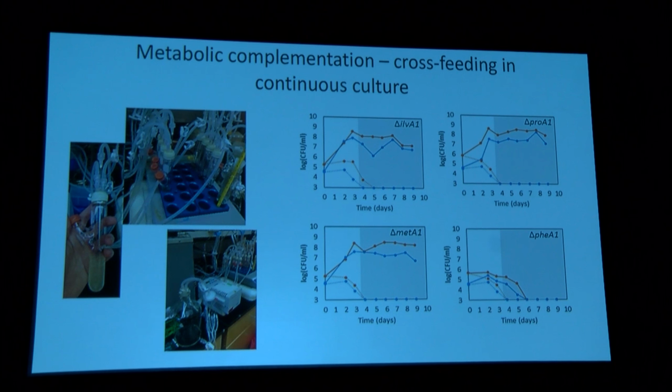And interestingly enough, we see that three of the four that worked really nicely in our batch also work well in the cross-feeding. So our monocultures are here, and they wash out really quickly. But in co-culture, the E. coli and the Bacillus, once again represented by blue and orange, which I should indicate better on this slide, grow really nicely. Our one exception here is this phenylalanine, which grew really nicely in batch, but doesn't seem to grow very well in continuous, and we've repeated this over and over. And so we have new questions of mechanisms that we can look into regarding the cross-feeding in these types of systems.